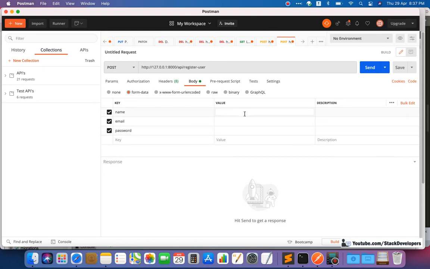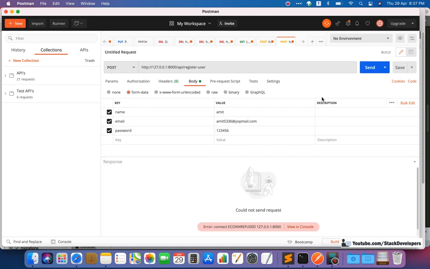The token we are going to generate in our API itself, in our code, in our queries. So here we are going to send Amit, any email, for example yourmail.com, and set the password 123456.